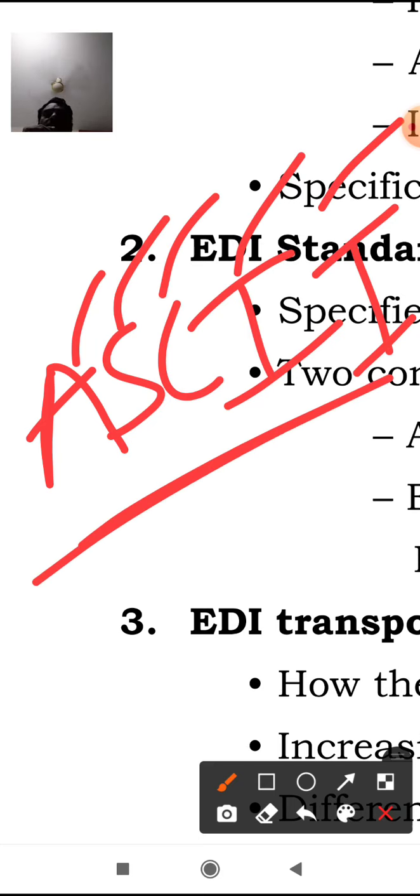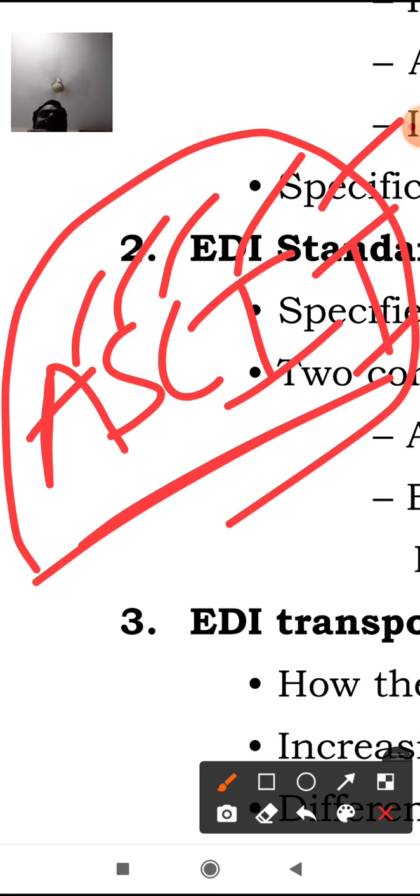With the help of ASCII code only, the total information is converted into basic level, low level information, with the help of compilers and interpreters used in the particular languages. So the ASCII, American Standard Code for Information Interchange, converts the information from high level languages to machine level languages or low level languages internally. Whatever languages you use in the front end, at last, with the help of the standard ASCII values, the data is converted.